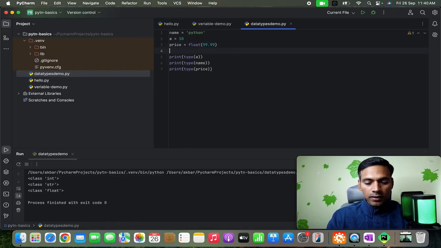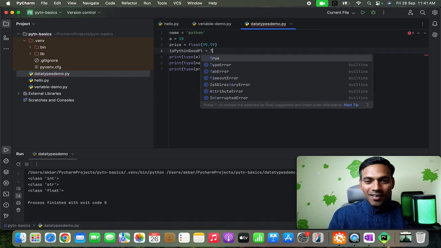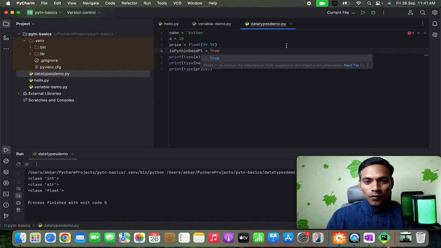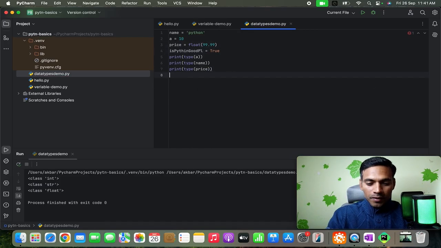Let me create a variable, is Python good programming language, right? You can use true or false. For now I gave true, and if you try to print the type,